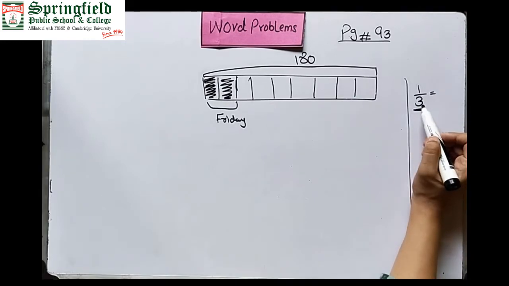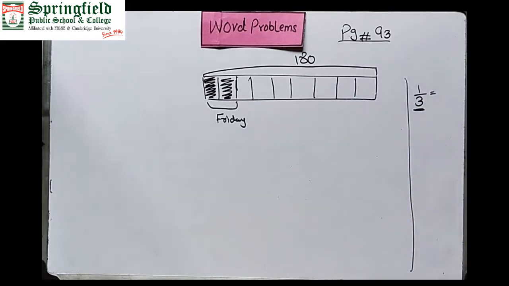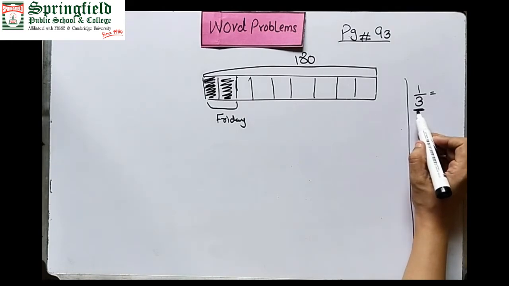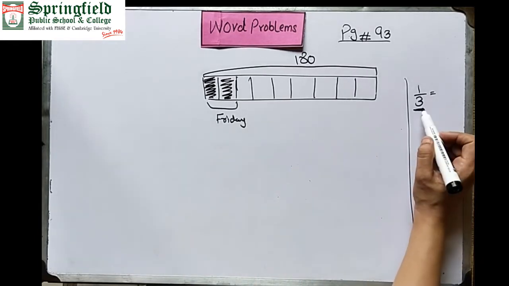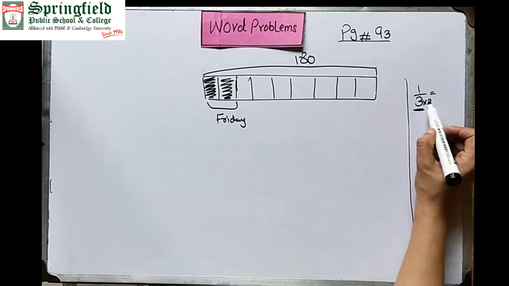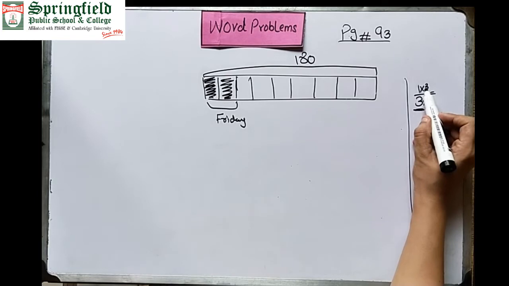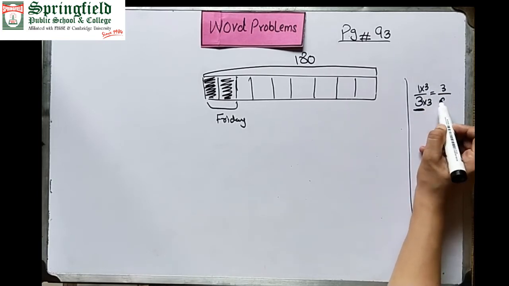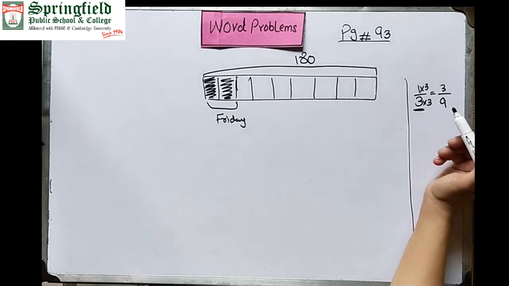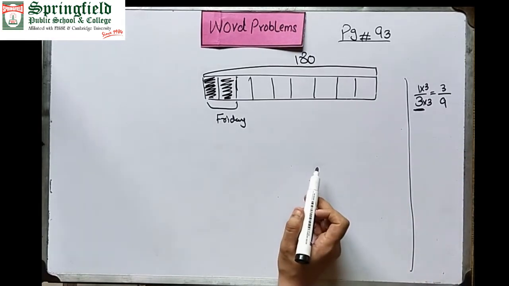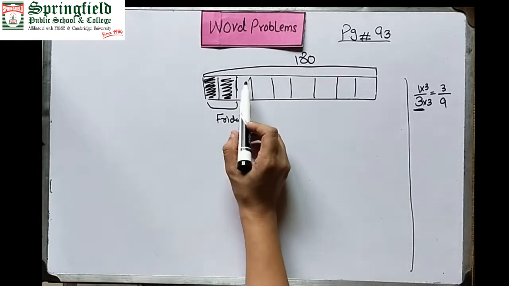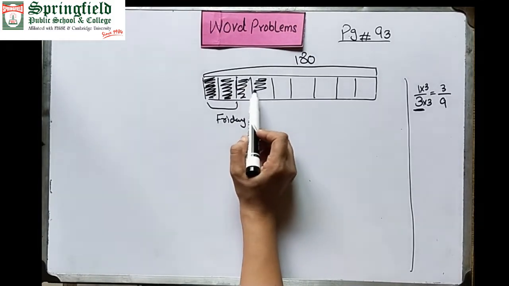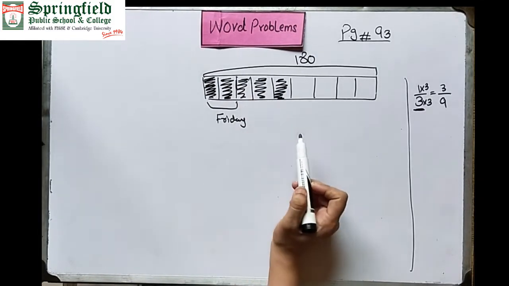So look at here beta. Here the denominator is 3. So convert this denominator into the 9 units. Okay, according to the first statement, as we can see that there are 9 units. So convert 3 into 9. How can we convert? When we multiply with 3, it will become 9, and 3 will also multiply with the numerator. It will become 3 by 9. So 1 by 3 is equal to 3 by 9. Fine. So it means 3 out of 9 parts. He read 3 more parts on the next day.